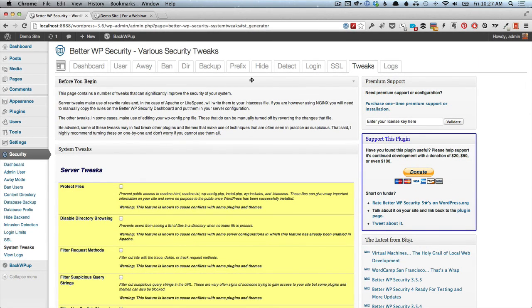There's a lot of other things that you can do within this plugin. So you can set up some users. You can set up a default time when you don't want anybody to log in, and you can ban different IP addresses and stuff like that. So I'm not going to go into that, like I said, but the next one